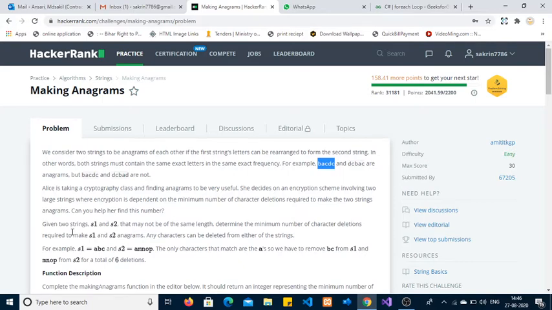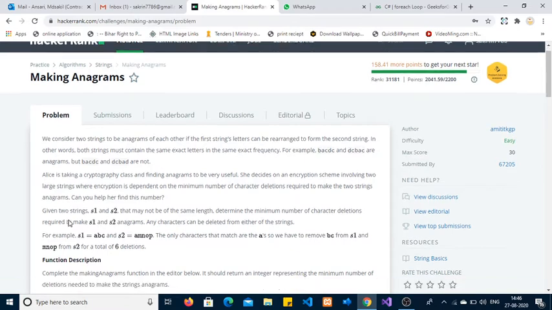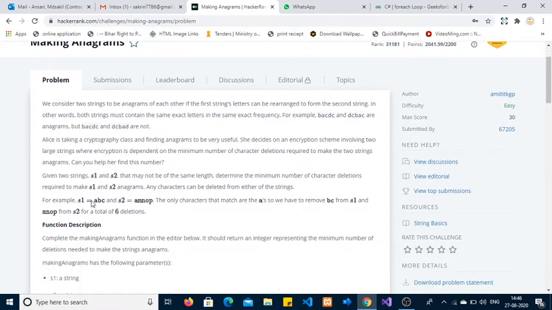For this example, the given string S1 is ABC and S2 is AMNOP. In both strings only A is common, so we can remove BC from the string S1 and MNOP from the string S2.